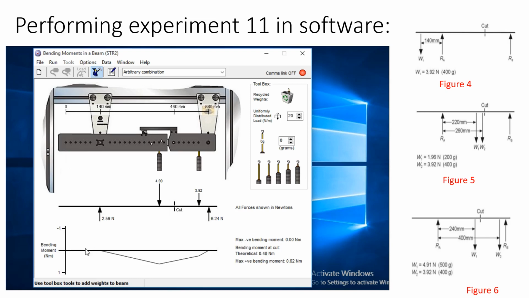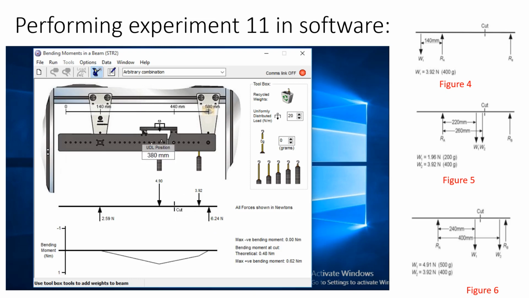You can see here this is positive with the positive sign convention. Sagging is generated in the beam, and you can see here the reaction forces on the left support and on the right support. With the help of these reaction forces, you calculated the bending moment at the cut.